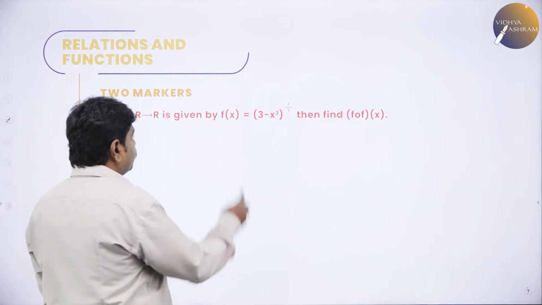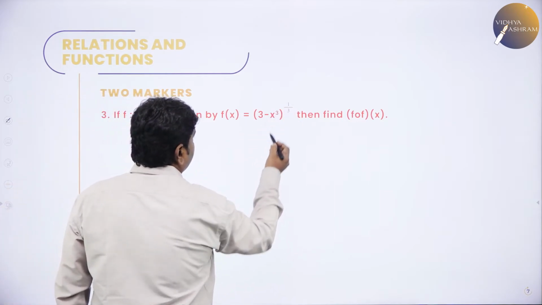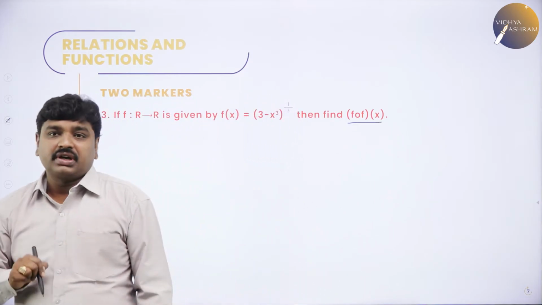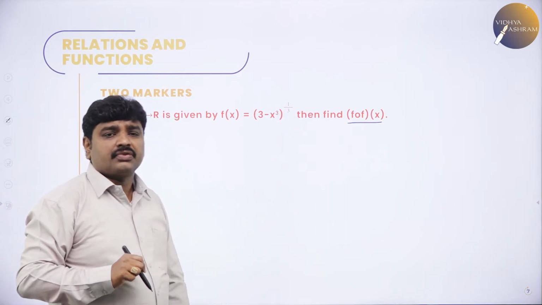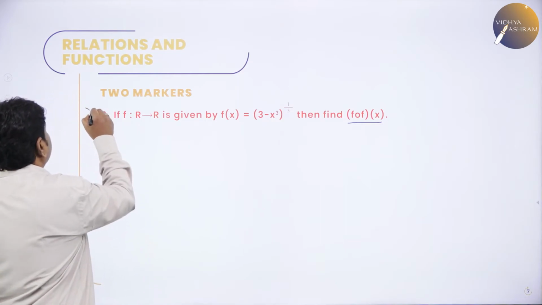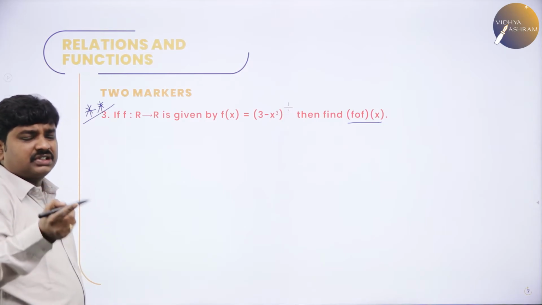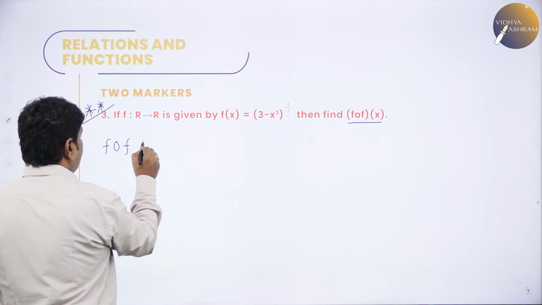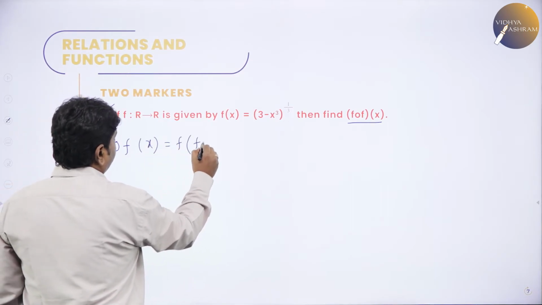Next we have f of x. They give one of the important questions. F of x is 3 minus x cube power 1 by 3. They want f of f of x, and the final answer will give you x. This is one of the important questions, it is there in your NCERT exercise, and simple and interesting. Two methods I will teach you. First, they want f of f of x.